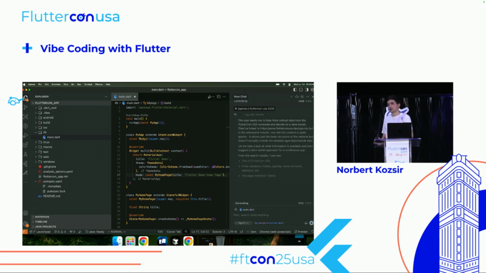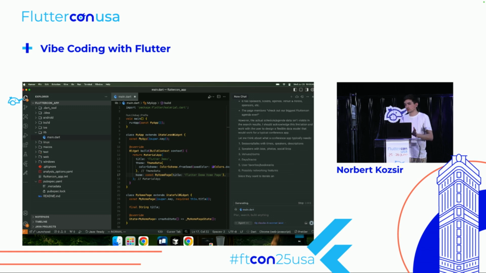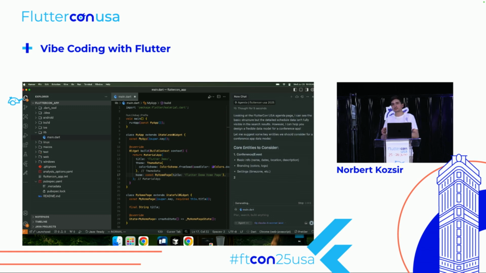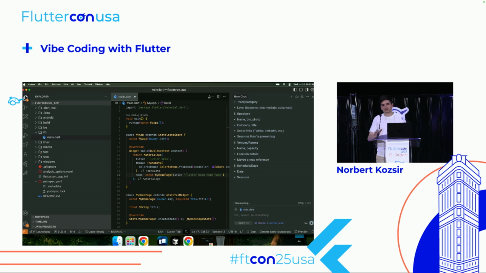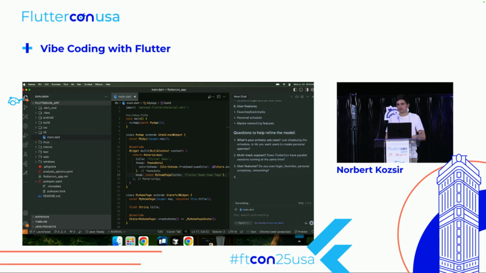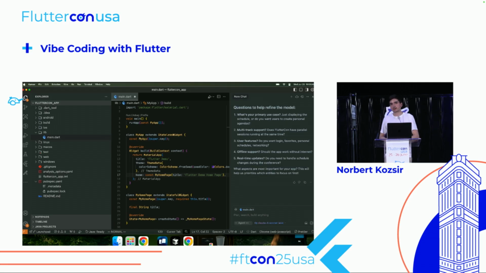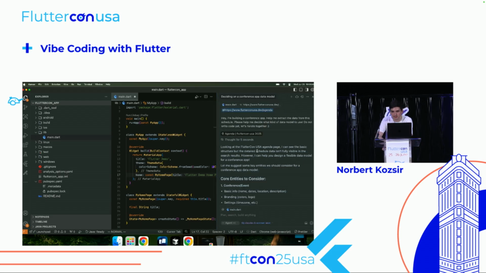So basically what I did here, and this is one thing that I'm going to do a bunch and that I can highly recommend, is let's not dive right into everything. First, let's architect. I like to tell it, hey, ask me questions. Try to iterate on structure before writing code. So let's see what it wrote.